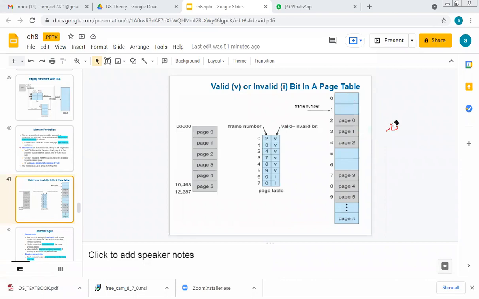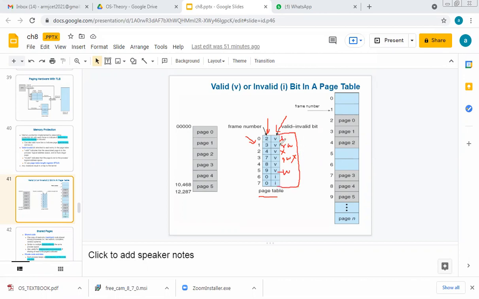Along with the protection, we now have an extra data structure. See, has the page table capacity increased? Earlier it was holding only page numbers and frame numbers. Now it has been added with an extra bit called valid invalid. Later you can add something like this: instead of setting priorities, here you can specify permissions, such as only read, only write, only execute, or read, write and execute. Again the data structure is increased.